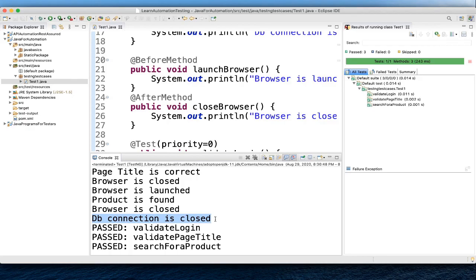So this is how testng really works. Testng works with the help of these annotations. These annotations define the flow of your code that you have written, which things to call first, which things to call after that. So these are the very basic concepts of testng which you cannot implement using the core Java main method. That's why this framework is required, and we call it an automation testing framework.